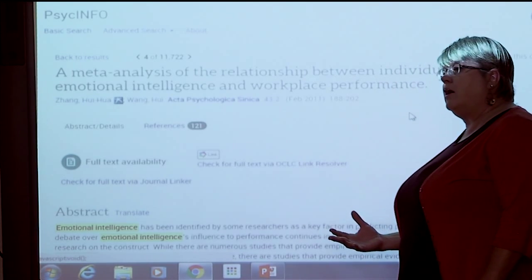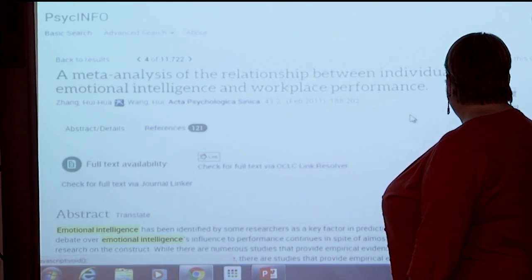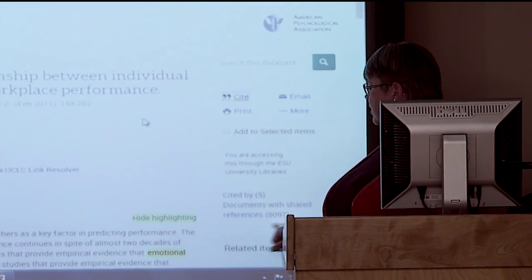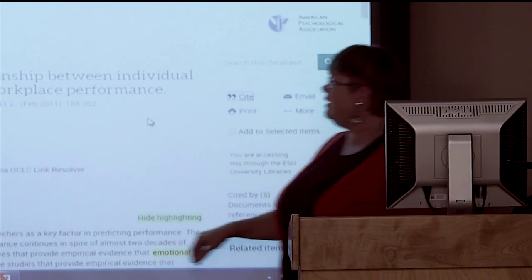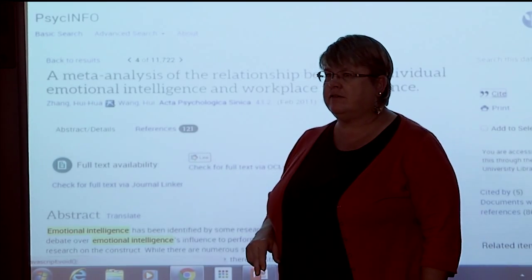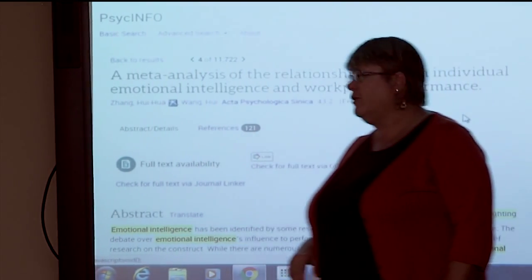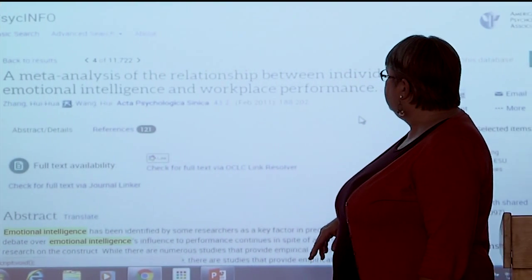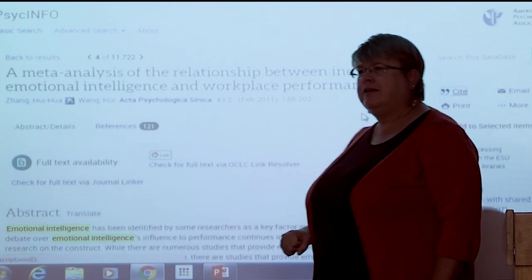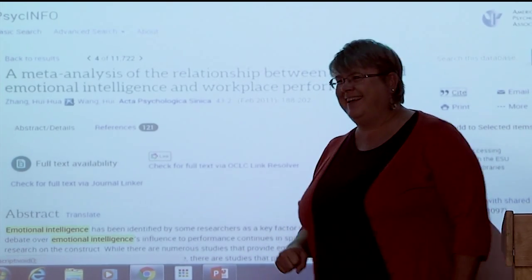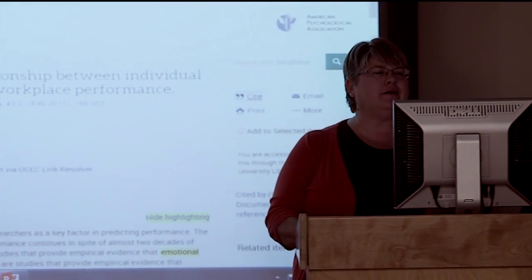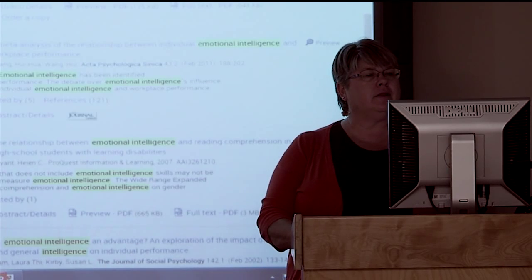So that's that building on, and a lot of times this one says over here that it's cited by 5 documents with shared reference, 8,000, and then it gives you 100. This article has 121 references, which is a lot of references for an article. I guess it's like, I don't know, 17, 18 pages. That's a lot of references for that size of an article. They did a lot of reading when they wrote. Okay. Let me go back.